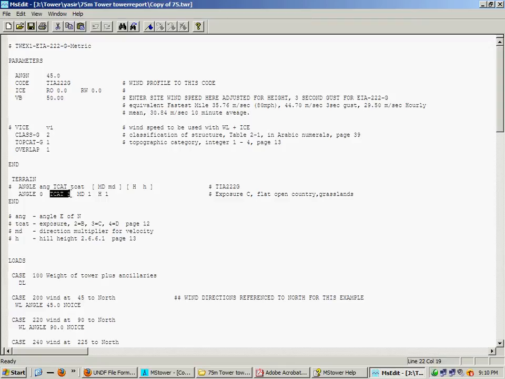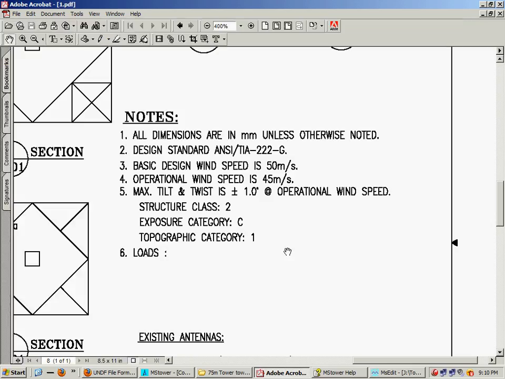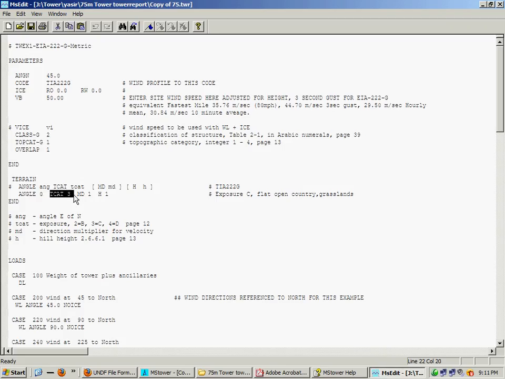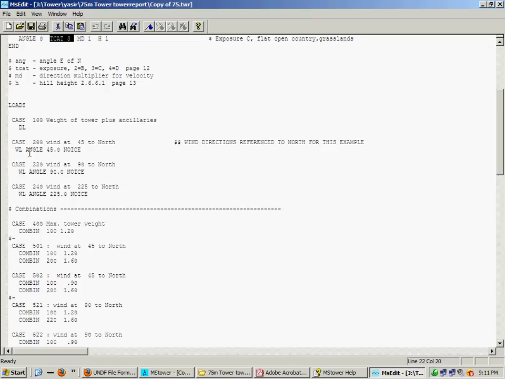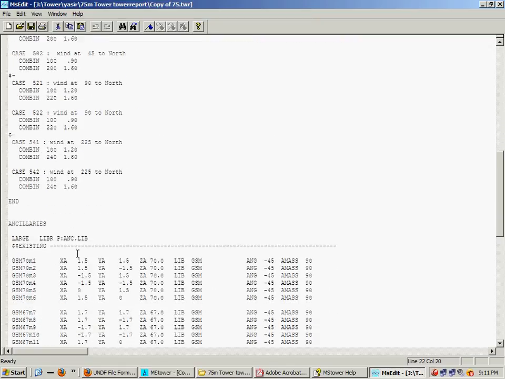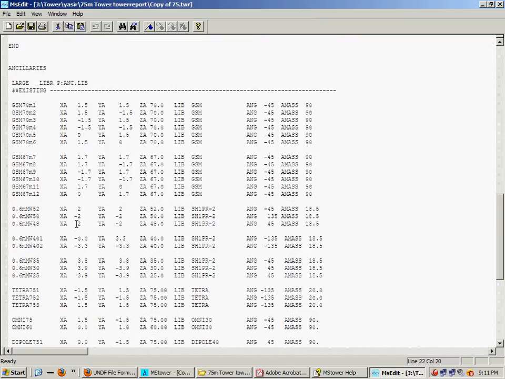Terrain category, topography category 3, terrain category 3, structure class 2, and exposure category 3. We have made the load combination and basic load case here, and here we have used